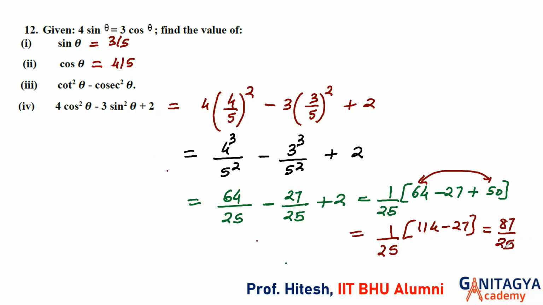Let's make it a mixed fraction. This is called an improper fraction, because when the numerator is greater than the denominator, it will be called an improper fraction. So we can write it as 75 plus 12 upon 25. So it will be 312 upon 25. Am I clear? Let's write it down. So question number 12 is also completed.